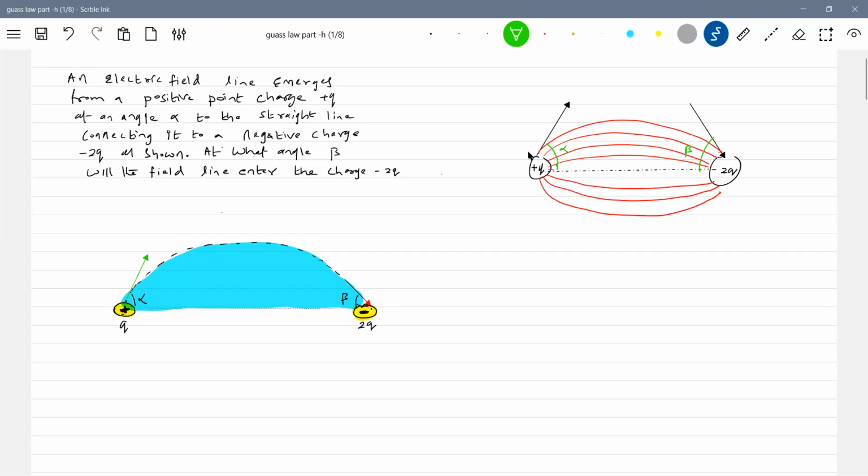Okay, what is the concept we have to apply? For 2Q charge, if there are 16 lines, for Q charge it will be 8 lines. Do you agree? And if I assume this is a tube, what is a tube, sir? Where we are not seeing the tube. Okay, I'll call this a tube. This will become a tube here now. The number of lines of force in a tube should remain constant. This is a property of that.